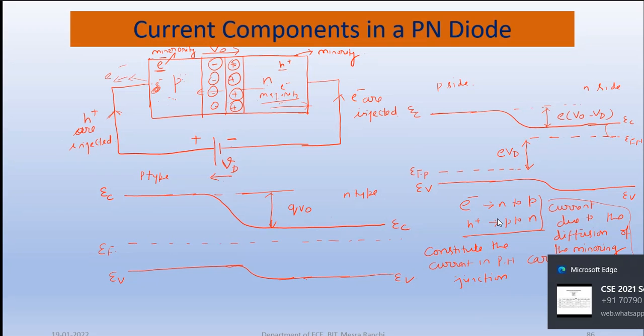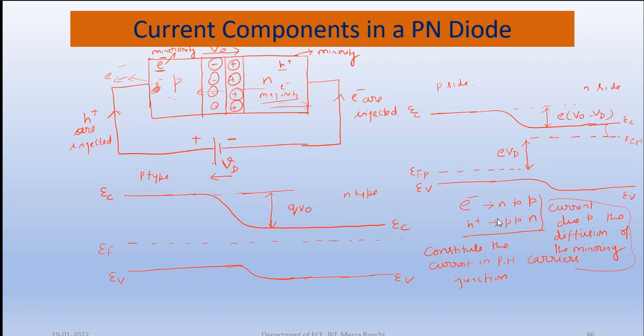This side there are donor ions, this side acceptor ions, and when you apply a forward bias, connecting the positive terminal to the p side and negative terminal to the n side,